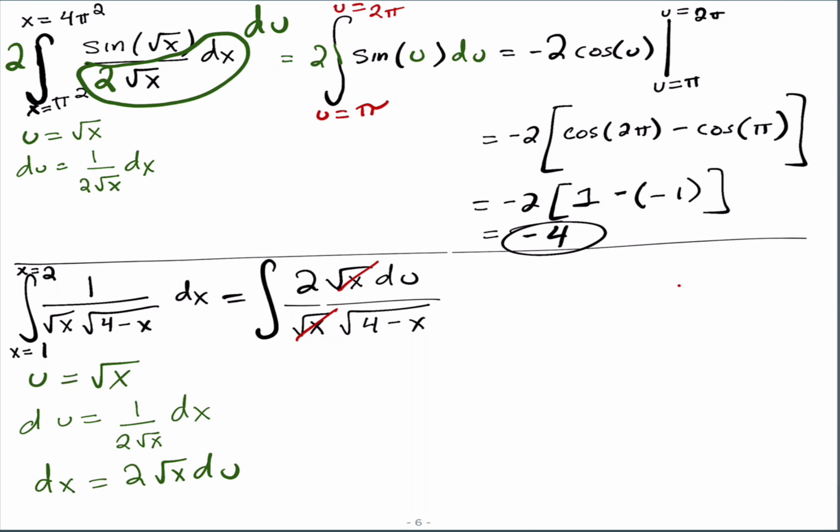Because now you have du over the square root of 4 minus x, not 4 minus u. So now what do you do? Well, you need to figure out some way to turn that x into a u. So then what you do is you go back to the original substitution and you ask yourself,